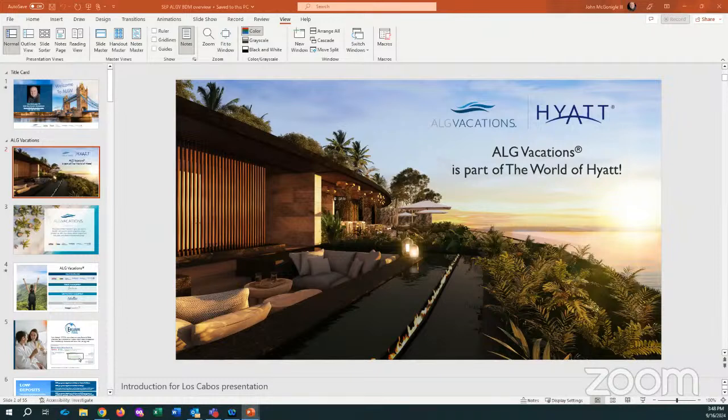So we've created this new resource that you can simply go online, just as you do for VAX, and bookmark this page. This is going to be the landing page. You'll see ALG Vacations. Up at the top, you'll see log in. It says log out there because that was the screenshot I took when I was already logged in. But once you're logged into this, you can freely move between VAX itself.